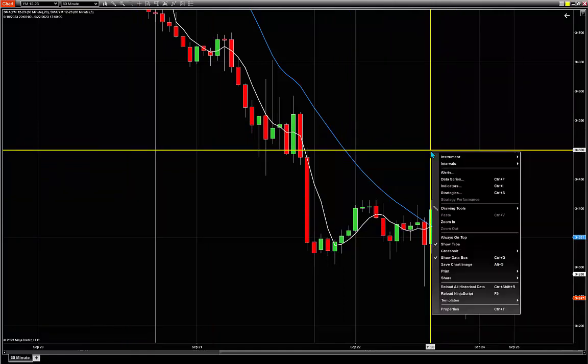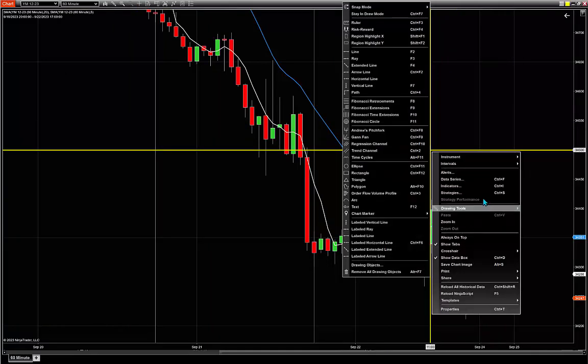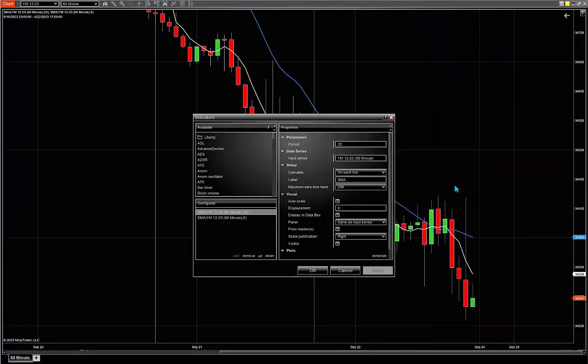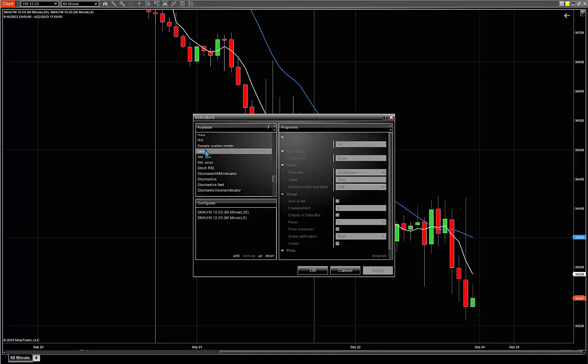So you right click in that chart and go to indicators. They're already in there, but you scroll down. Every system and platform has its own location. We use SMA. You see it right there? So you click on SMA, double click. You can add it twice. The first one, you're going to